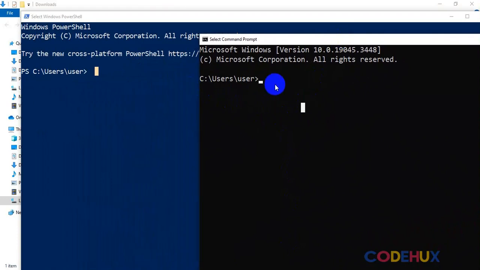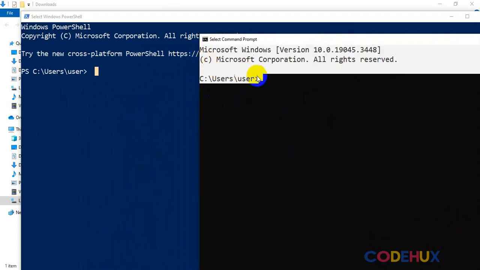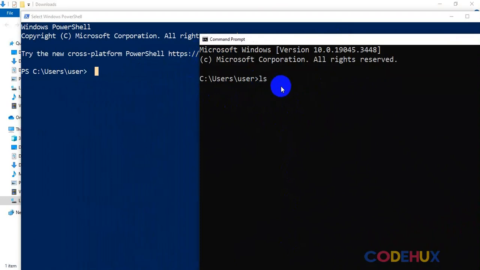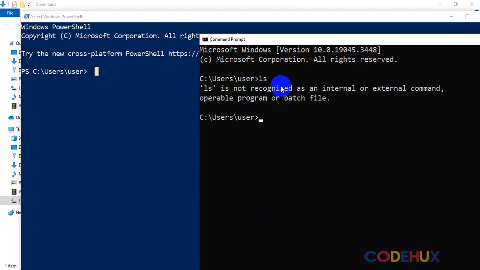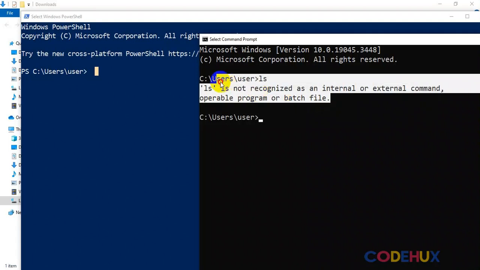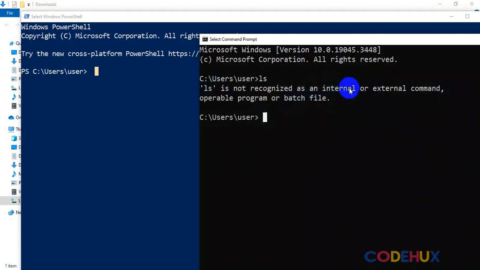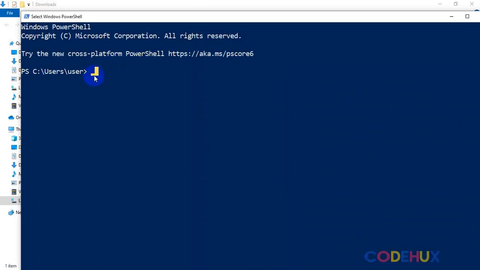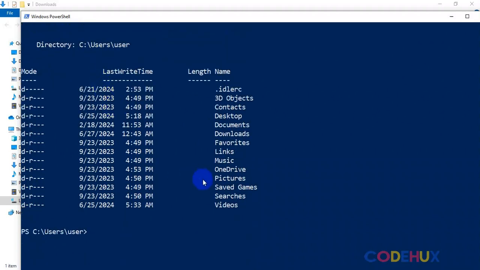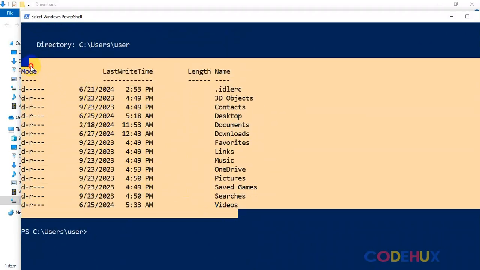For example, in our command prompt here, if I press ls, which basically lists all the items in your present directory, like show me everything where I am, and press enter, you will see it says ls is not recognized as an internal or external command. But if I come to PowerShell and press ls and enter, you see it displays the files and folders